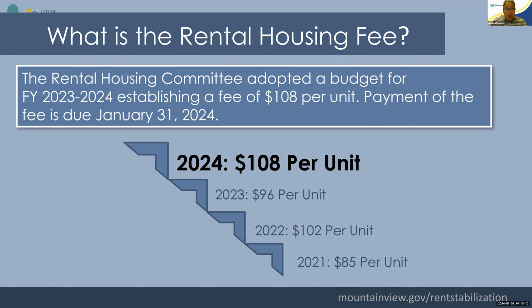So each year the committee will set the budget, and then we take that total budget number and divide it by the number of covered units in the city. And so this year it comes out to $108 per unit, and that fee is due by January 31st. So you can sort of see I just added in a little step